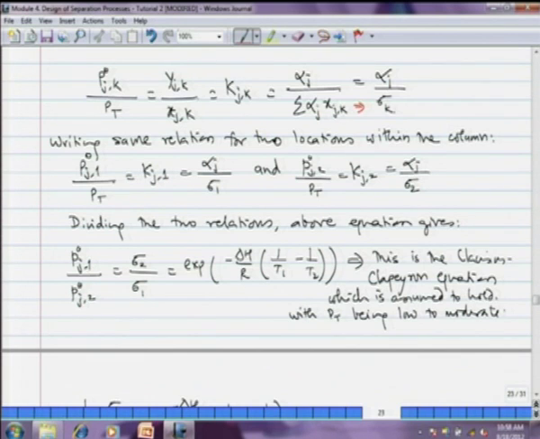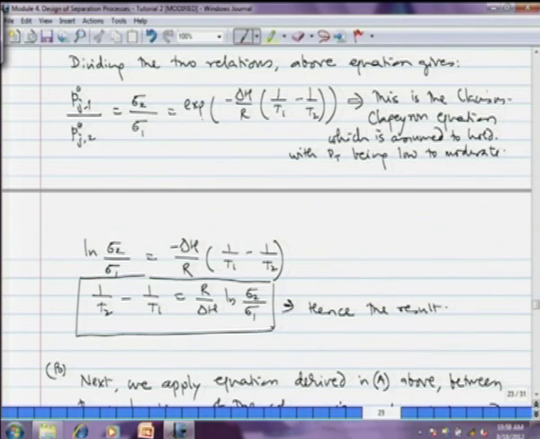Okay. So, we do the same thing for two locations, then 1 by T naught gets cancelled, because we subtract the values, and then we get P naught j 1 divided by P naught j 2 is equal to exponential of minus delta H by R into 1 by T 1 minus 1 by T 2. Then we convert exponential to ln. So, we take ln of the left hand side, ln sigma 2 by sigma 1 is minus delta H by R into 1 by T 1 minus 1 by T 2, and then you can rearrange this equation